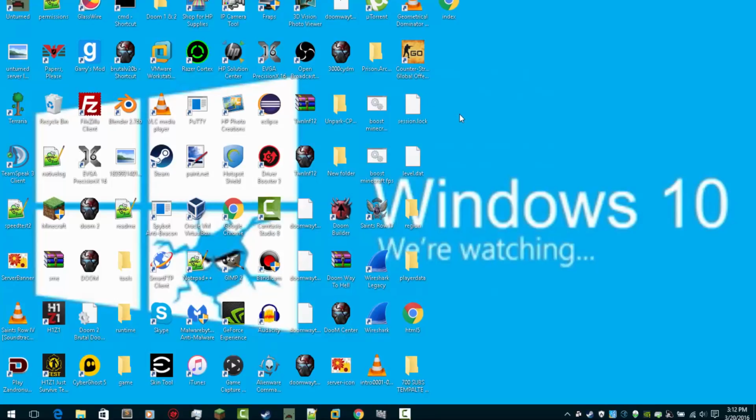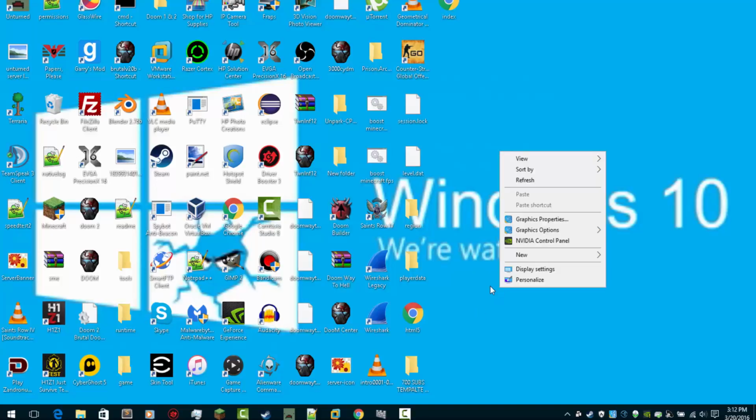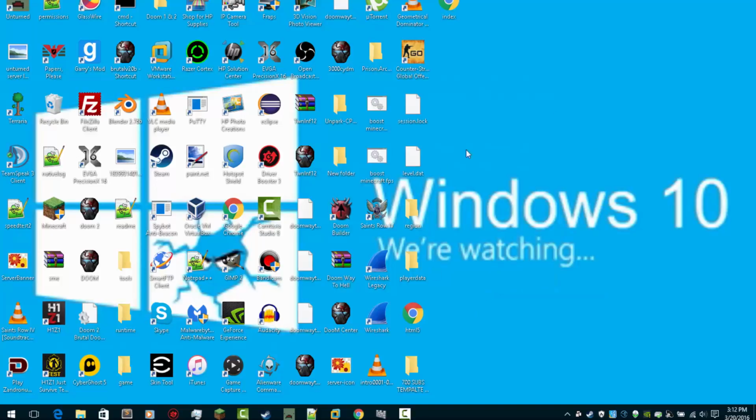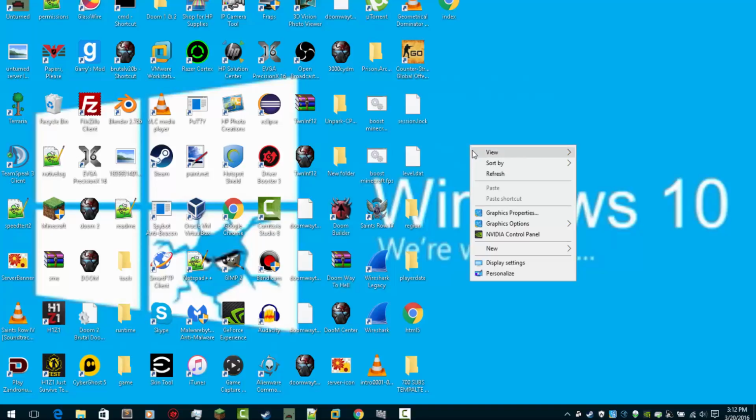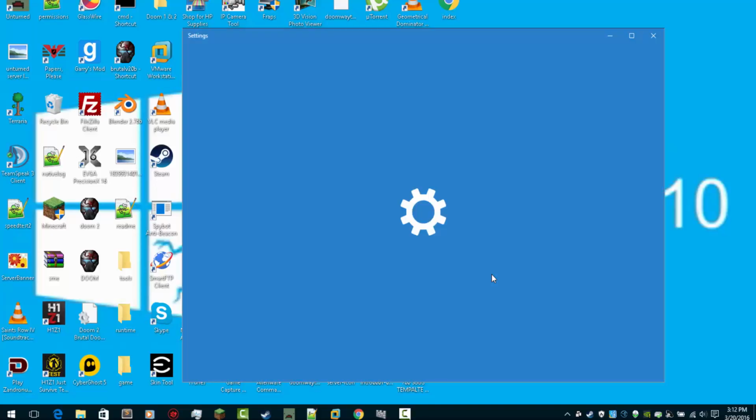So the first tip is to get rid of, like, you see my background, it's not a solid color, and a solid color is the best choice to speed up your computer. Never use anything like live backgrounds. Those will eat up your system memory. So what you want to do is right click your desktop and click personalize,